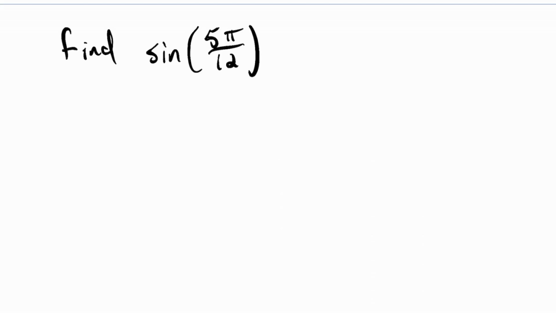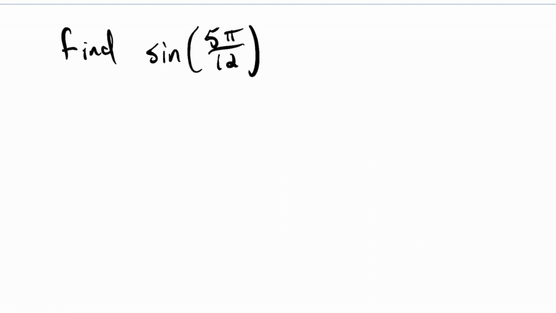So in this video, we're going to calculate the exact value of sine of 5 pi over 12. Now you probably do notice that this is not one of the standard angles. This is not like pi over 3 or pi over 4 or pi over 6. And pi over 12 is one we haven't dealt with yet. So one way to deal with this is if we can find a way to write 5 pi over 12